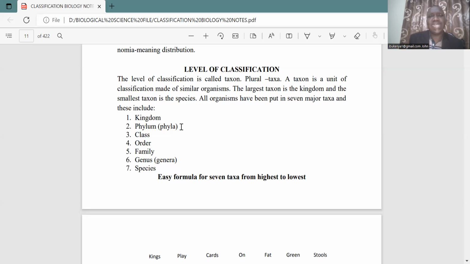So you will find we are somehow related to the elephants, to the primates, to the carnivores in the same phylum, phylum Chordata. But when we go to another phylum, like phylum Arthropoda, we are distantly related. We don't have any close similarities, any close links with them. And that means that within one kingdom, like kingdom Animalia, you will find very many phyla. But these phyla have members that are distantly related. But because they share some few similarities